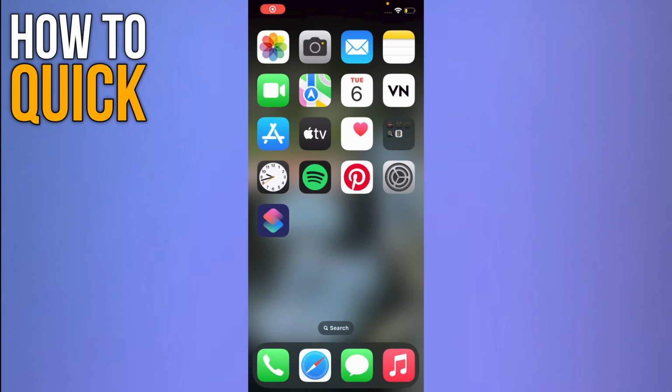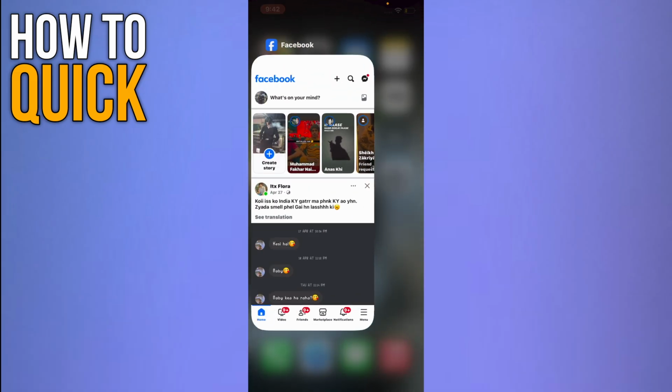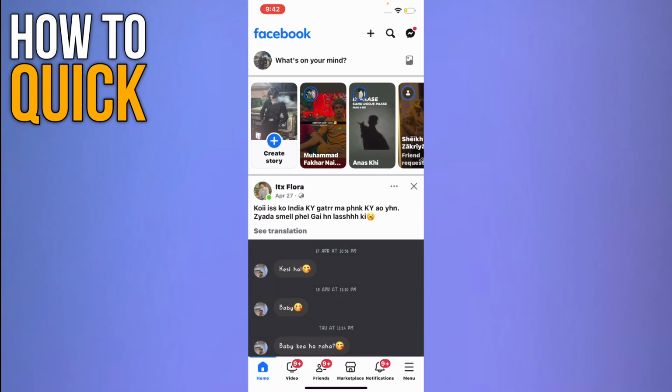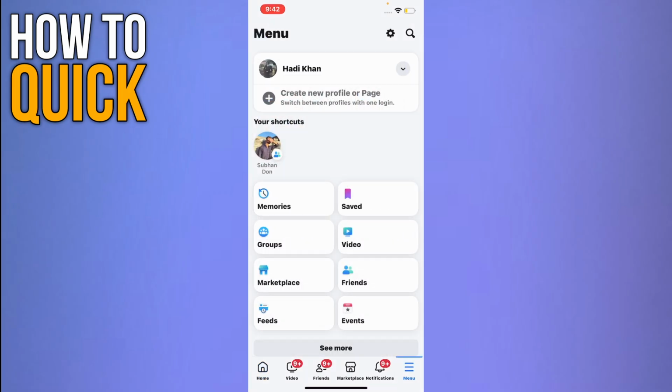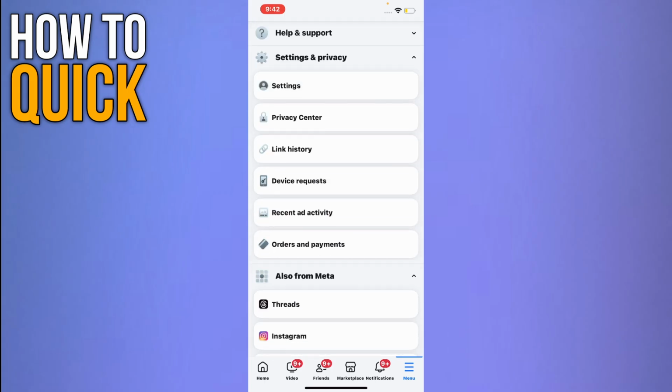In this video, I am going to show you how to change your name on Facebook. So first of all, open up your Facebook application. On your Facebook application, you have to tap on the menu, which is present at the bottom right corner of your screen. On your menu, you have to scroll down and tap on Settings and Privacy to extend the menu,